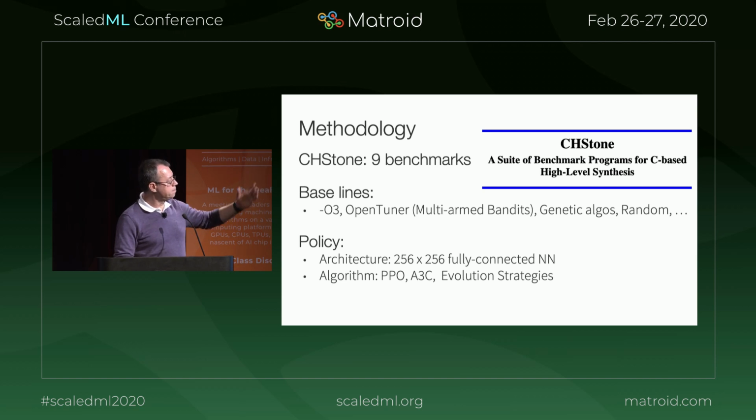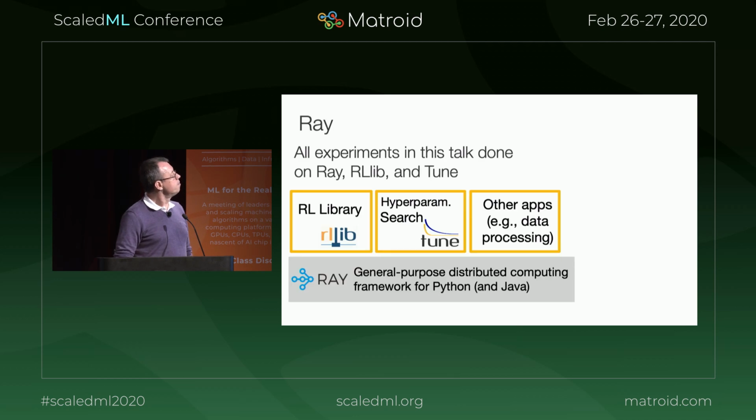As a policy, we use a pretty simple network, fully connected. And for algorithms, we tested a bunch of algorithms: proximal policy optimization, A3C, evolution strategy, and so forth. In all the experiments I'm going to show in this talk, we used the system we built